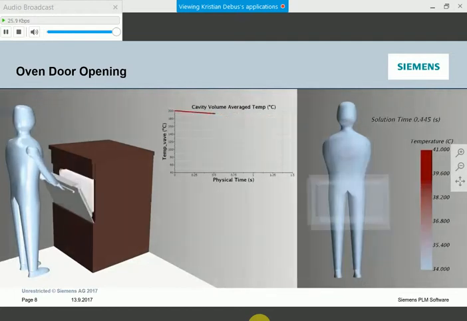For example, when you open a door and the heat comes out. One thing, of course, is the comfort for the client, or also maybe a risk for the user, the patient, the operator of the device. And the other thing that's important here is we're using a technology that is not very commonly used in other software tools. It's called overset mesh, where we have a computational mesh generated around that door that slides through an interpolation scheme through the surrounding mesh, and I'll bring that up more often,